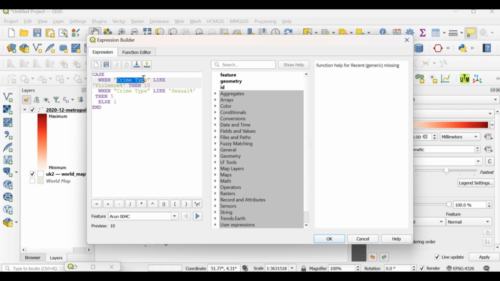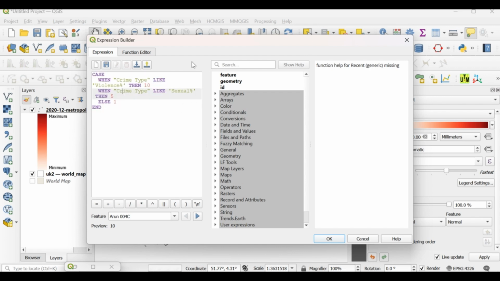Anytime it sees the field or column name as field type, we will use a LIKE function to extract names that are similar to, or that have violence in it, and then you assign the value 10 to it. And when the crime type has something like sexual in it, then it will give it 5, and anything else we will assign 1 to it. So that is how it is here.